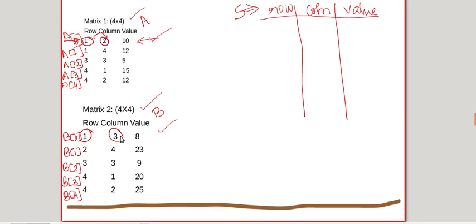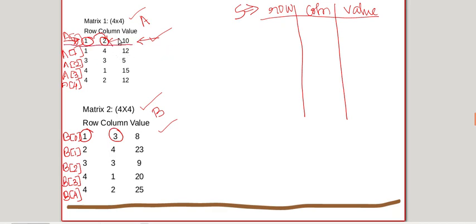Check if it is equal, less than or greater than. In this case it is not equal. Then you have to take the lesser one. Here it is column number 2 and there it is column number 3. The lesser one is column number 2, which is in structure A.